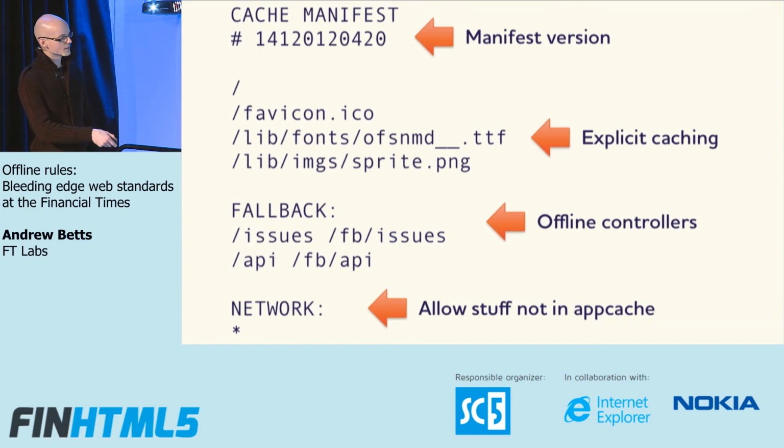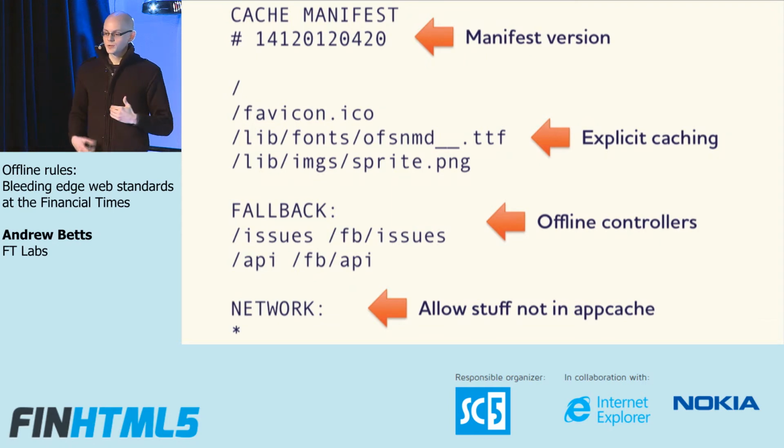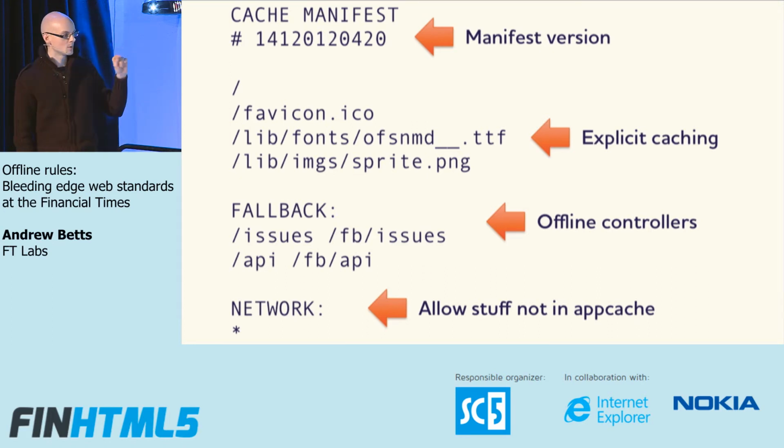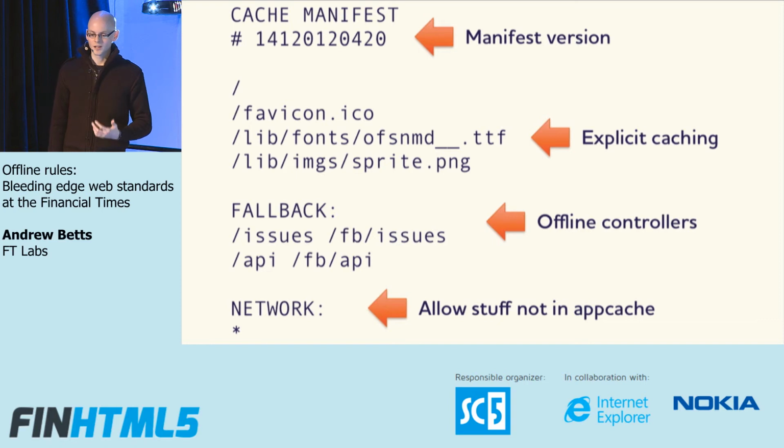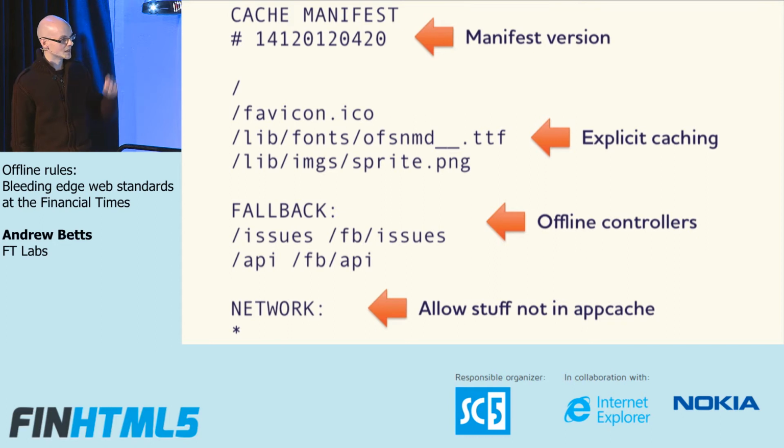And finally, there's a network section, which is the first gotcha of app cache development, because the network section lists all the URLs that you want to allow to access the network. So if you don't put anything in that section, then your app, by virtue of having this manifest, becomes immediately an offline-only application. And the browser will then never request any URLs from your server ever again, other than the manifest itself, thankfully, because you can then correct the problem. Unless you put a really long cache expiry time on your manifest, then you're just simply screwed. But